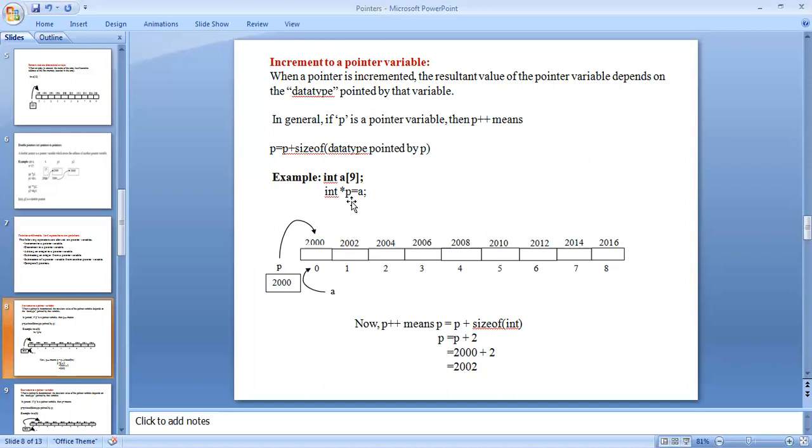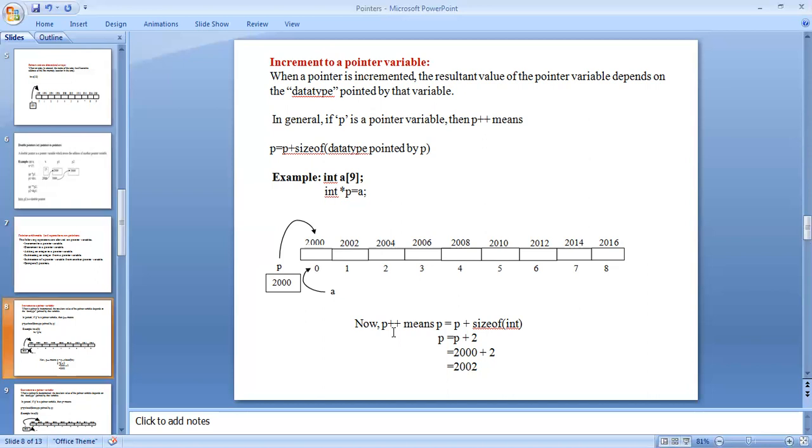Now we are implementing increment on the pointer variable. Increment means plus plus, adding 1, x equals x plus 1. But the result depends on the declared data type.